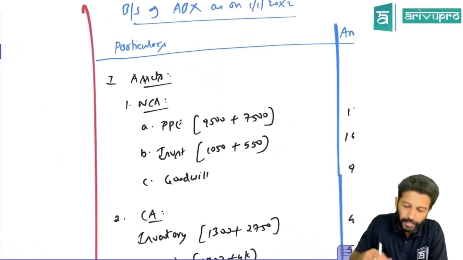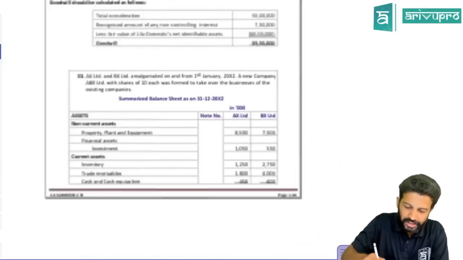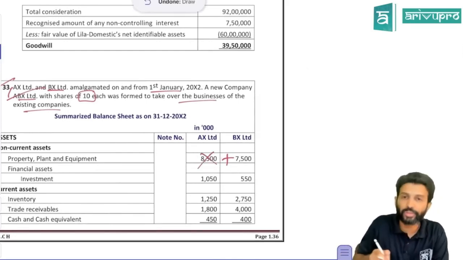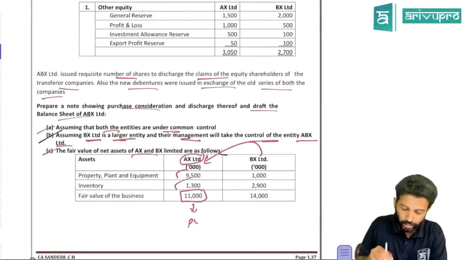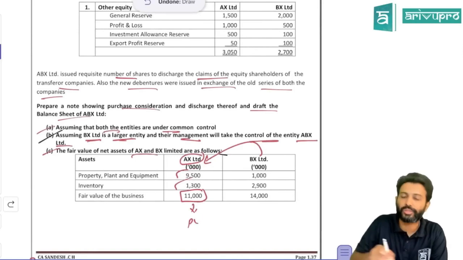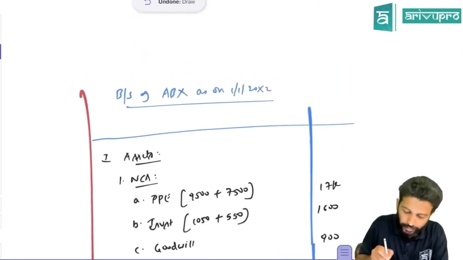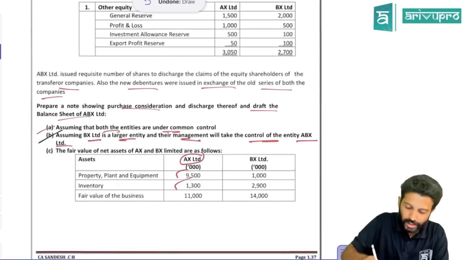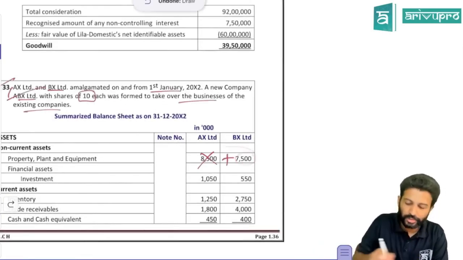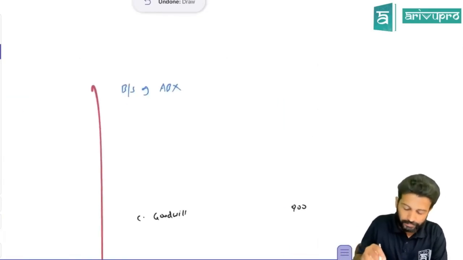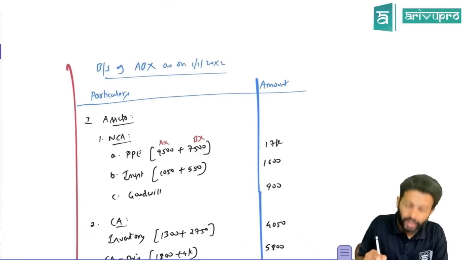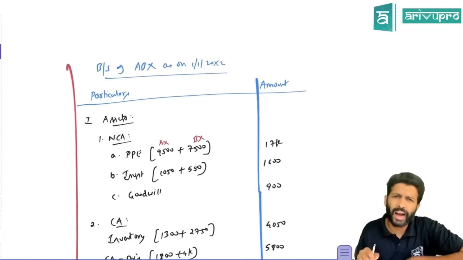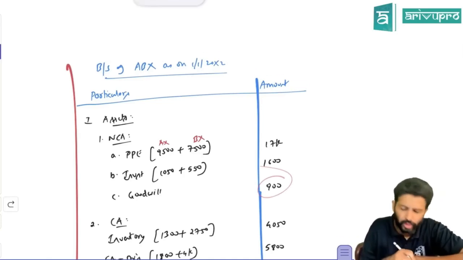So if you just check your PPE, when you do the consolidated balance sheet, AX's PPE you will take at 8,500. No, you will not take 8,500. 8,500 is the book value. Do you know the fair value of PPE? Yes, it is 9,500. So you will take 9,500 of AX. This is fair value, and you will take BX's book value. Check what is the book value given in the balance sheet? 7,500. Like this, you will go on adding. Okay, sir. Alright, only inventory also has an extra fair value. Rest everything is ditto. Directly go on adding there. Okay. Good. Do not forget to show goodwill.